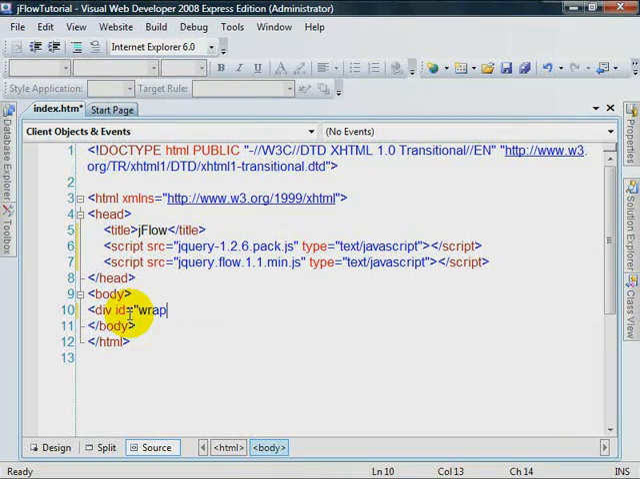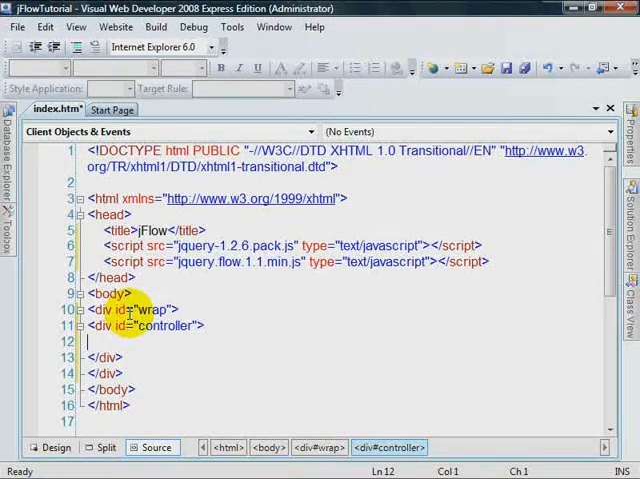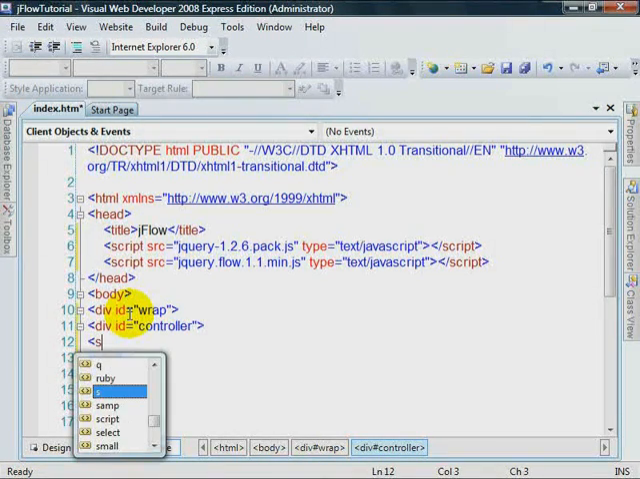I'm going to create a wrapper div. And first, we're going to create a div with an ID of controller. And within this controller, this div is what's going to hook into the jFlow. So we'll be grabbing this element and calling the jFlow method. And within this, if you think of it this way, we're going to be adding the individual tabs into this div. So what we're going to do is we'll do span